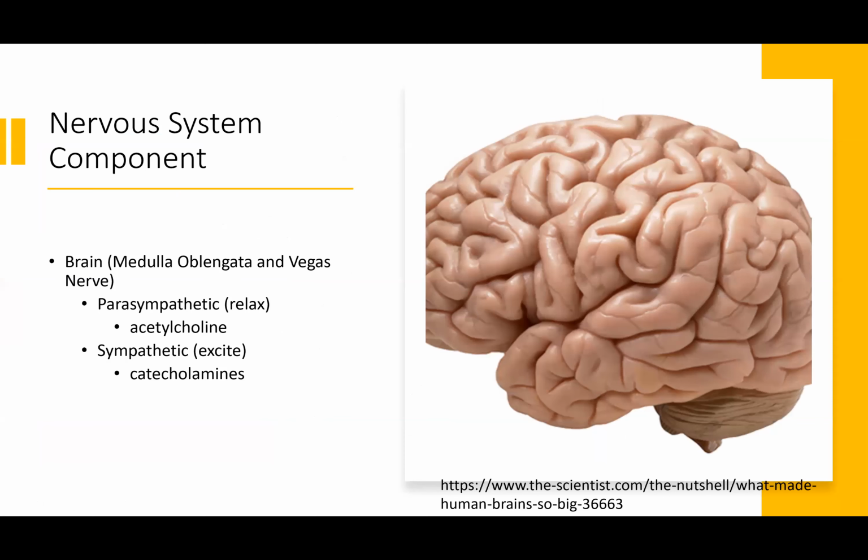So as discussed earlier, we said that the heart is mainly self-sufficient in electrical functioning. However, we do have parts of the brain that can have some influence over this electrical process. Within the brain, these parts are considered the medulla oblongata, and in the nervous system, we have the vagus nerve. These areas of the brain like to interact with physical stimulus to help regulate whether our heart needs to pump